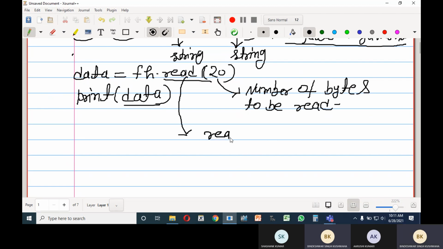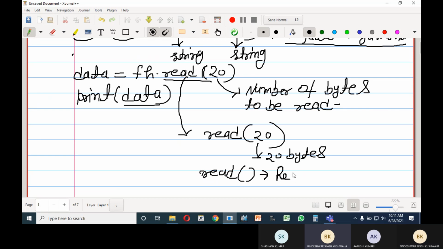If you specify read 20, it will read 20 bytes. If you do not provide anything inside read, it will read the entire file.